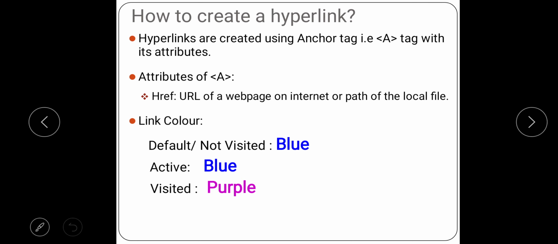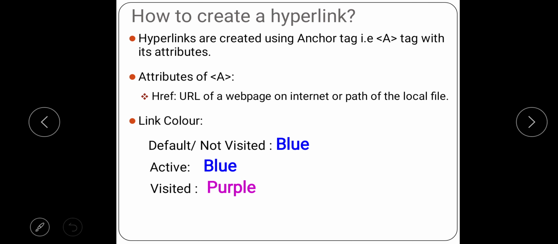Remember, same like the image one. And you can also call the web pages from the internet itself, right? So you can call the local file, the file which is present on your own computer, and also you can call another web page, suppose gmail.com, the login page you want to call, so you can use that also.